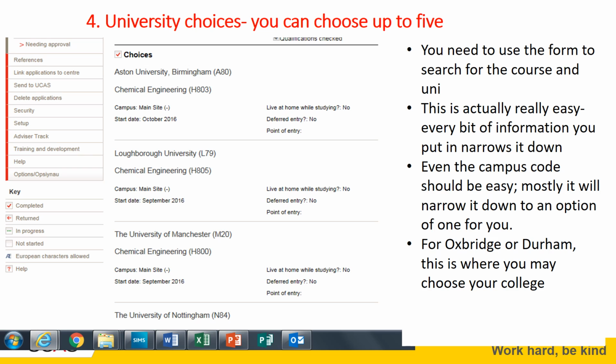Right, so your university choices is the next section. You have 5 choices that you can make, and on the form you can search for the course and the uni, and that's actually really, really easy. UCAS make that easy for you. So even if you can't remember the number of the course, so you can see examples here. Aston University Chemical Engineering is course